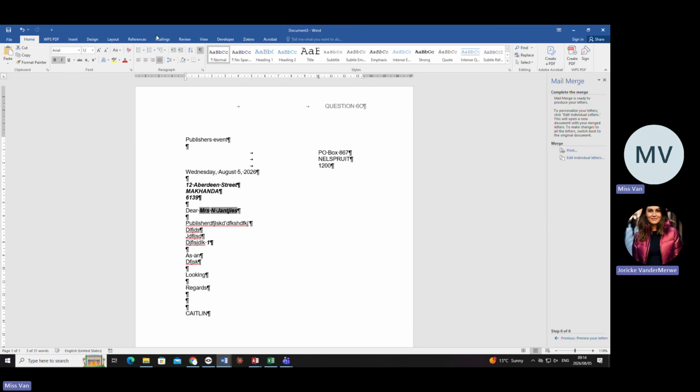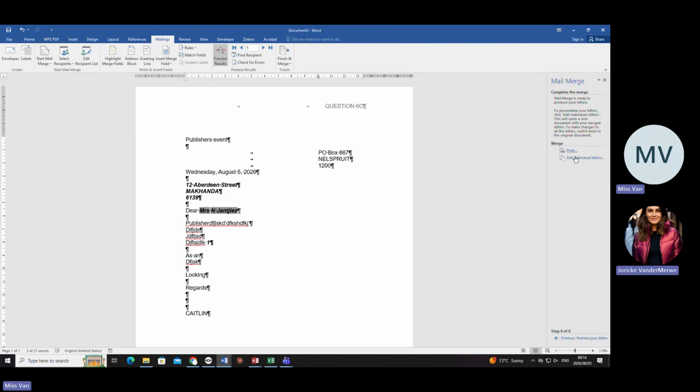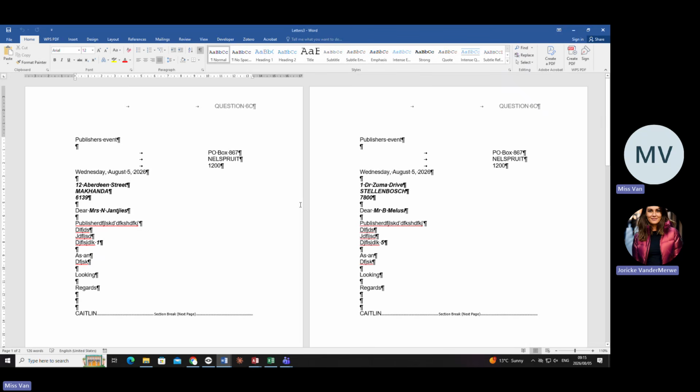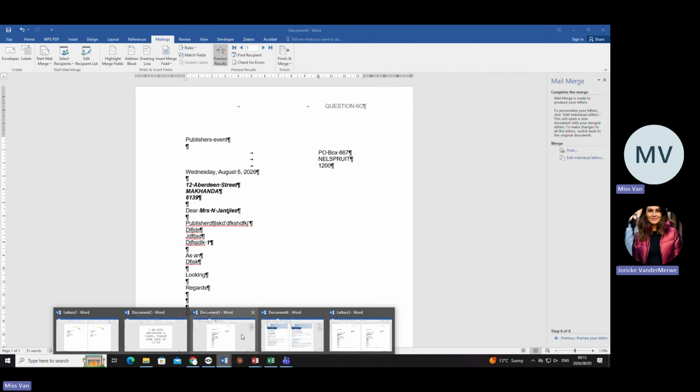Where's the rest? Go back into mailings, and or you can say here edit. You can either say finish and edit, or you can just go here by step 3 edit. I always say edit because I don't necessarily want to print everything most now. Look at what happens to the document, darlings, at the top. If I say okay, can you see it's opened up a new document for me? The other one is still here. There it is. But there is my new document called letters.